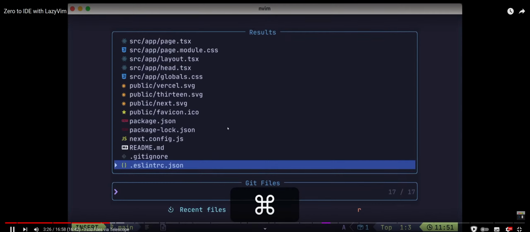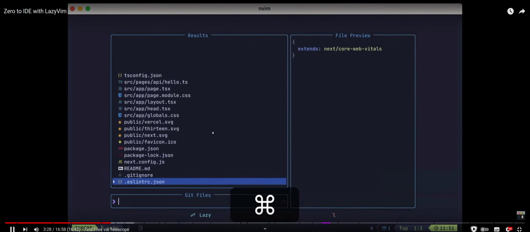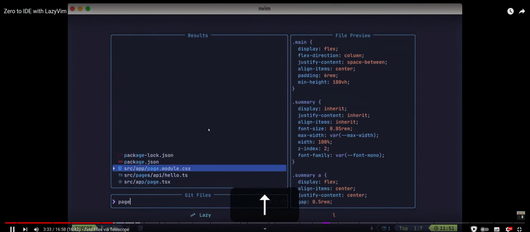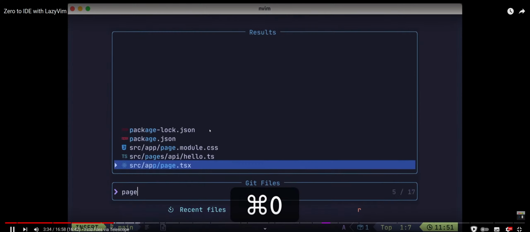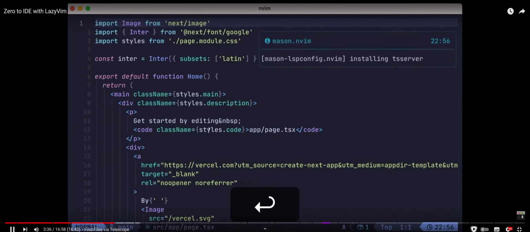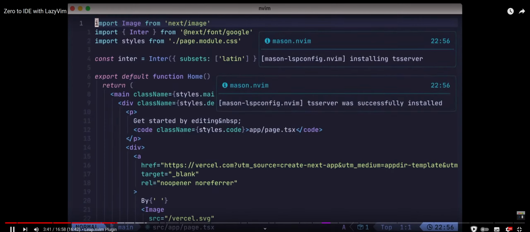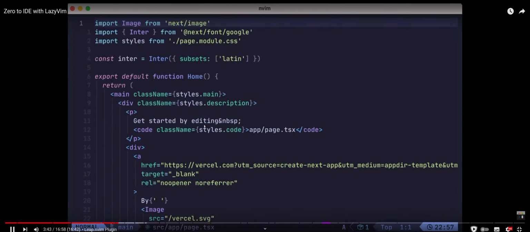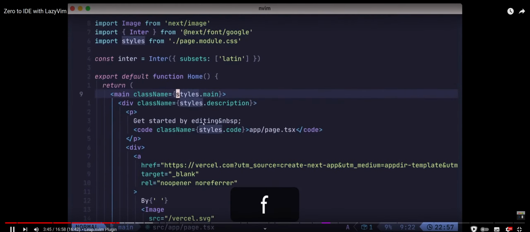Normally you'd see a preview of these files, so let me zoom out just a tad. And as I search, you can see a preview of the selected file on the right. Let's open the page.tsx file. LazyVim comes pre-configured with the leap.nvim plugin to allow you to easily jump to any location, which is what I'm using here to jump directly to the first styles reference. You might have noticed the cursor and